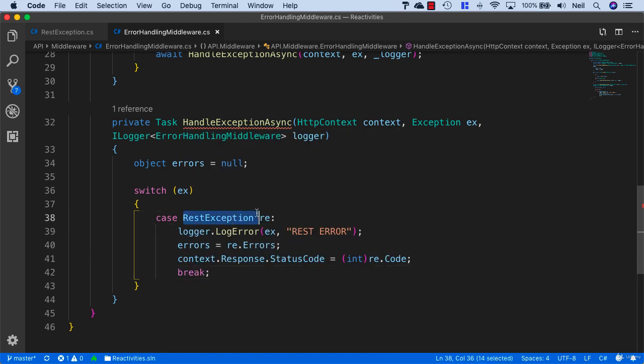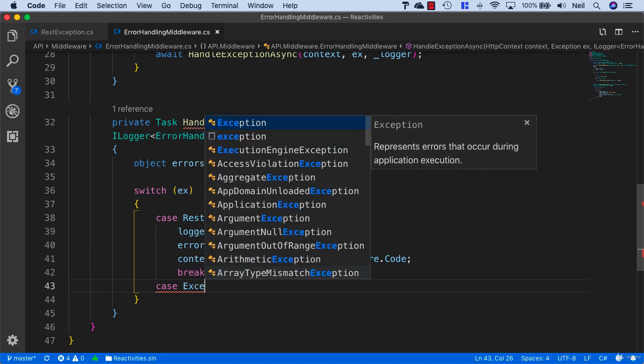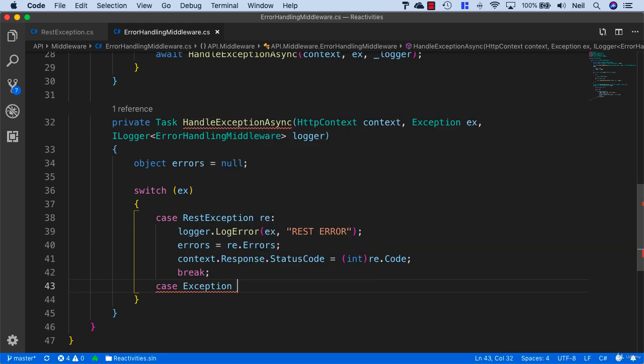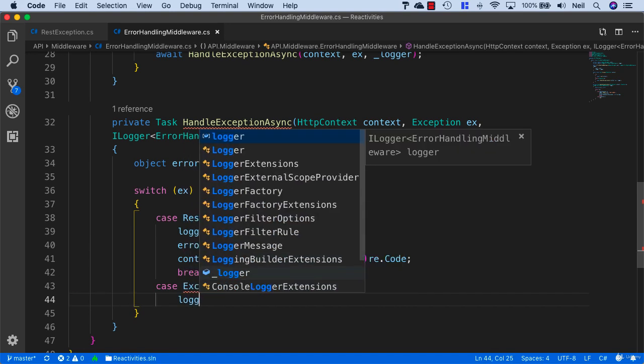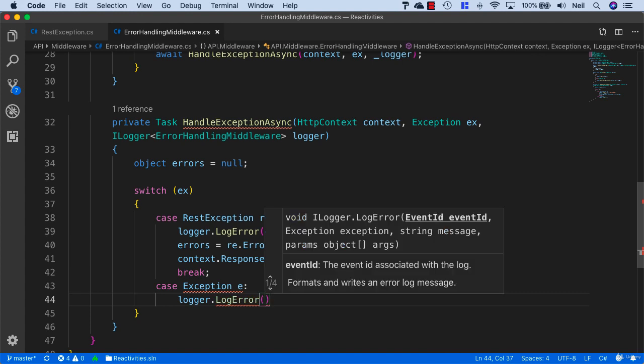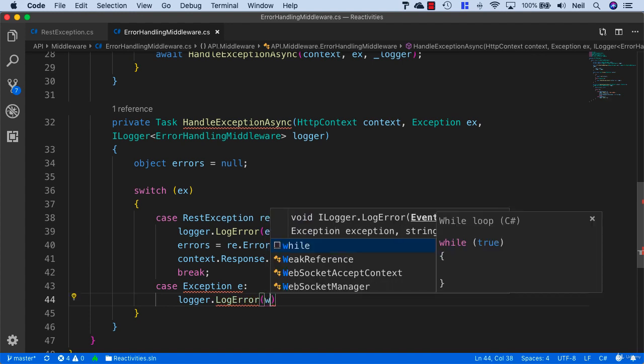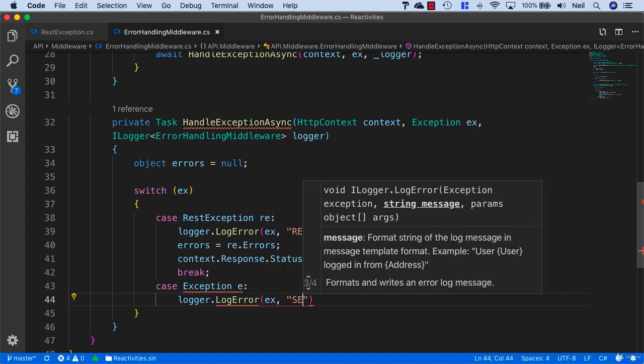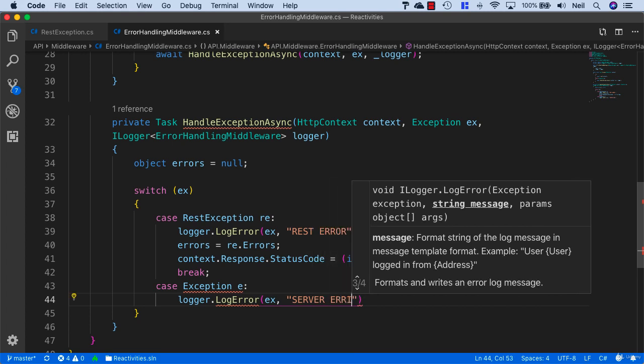So this deals with our REST exception, and we also need to deal with the normal exceptions because we're catching all of our exceptions now in this exception handling middleware. So in the case of a normal exception, we'll just say case Exception e, and then we'll say logger.LogError, and in here we'll pass in the exception, and this time we'll say server error,